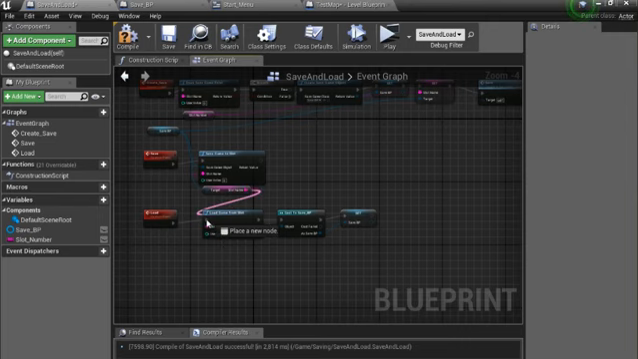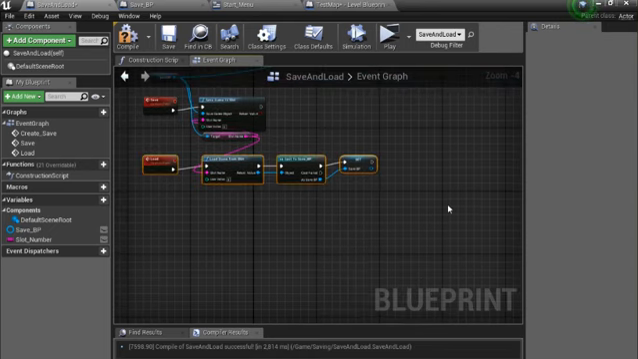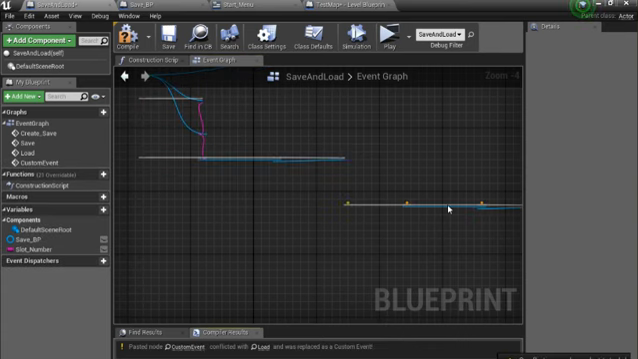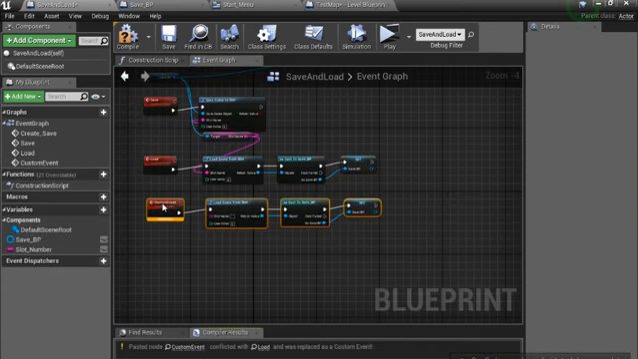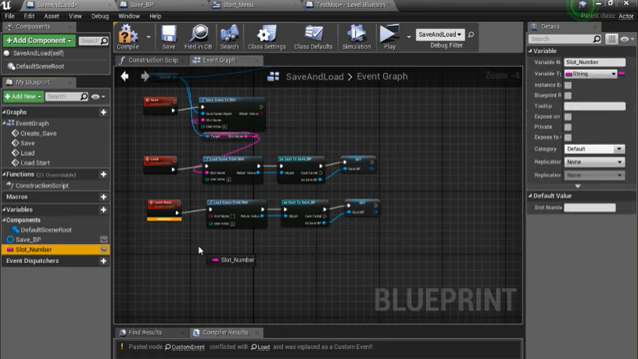So I have to make two loading events here. I copy this one here. I call this event load start. Load start. And here, the problem is this one here